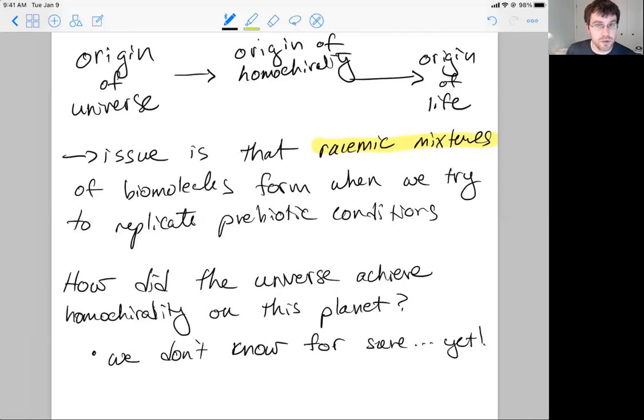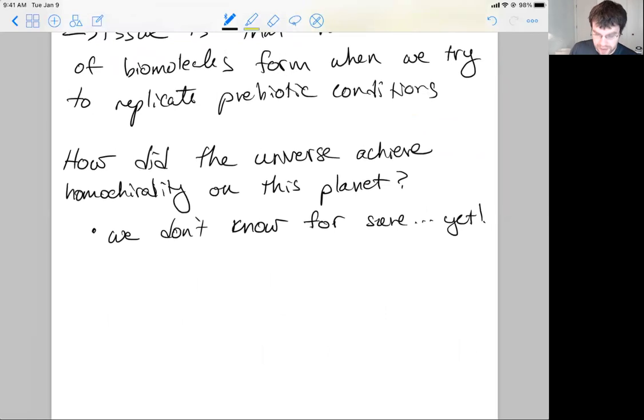But we have identified some likely steps along the way that will get us there. We don't know the mechanism, we just know the steps that it took to get there. We know the steps, or we can propose the steps, but we just don't know how the universe pulled it off. So the likely steps are, without further ado,